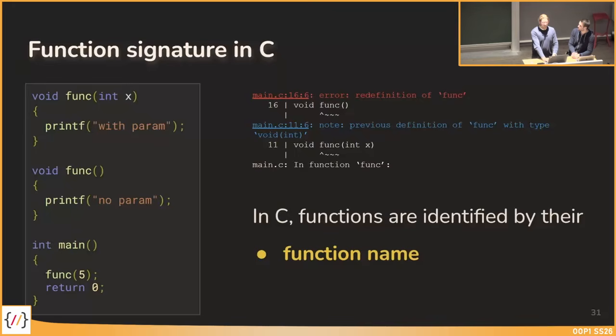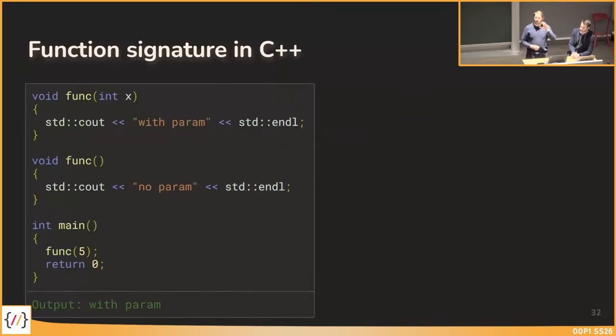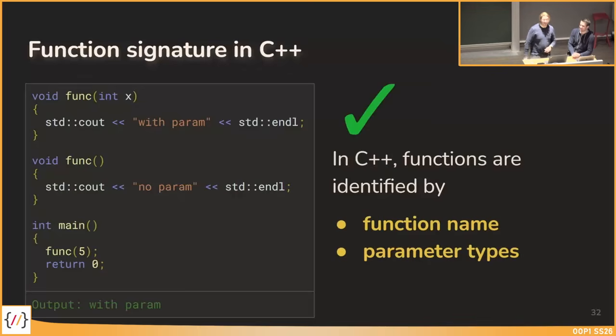If we now want to do the same thing in C++, so having 2 functions, one with 1 parameter, one without a parameter, do you think this will work in C++? Yes. No, it will not work. Yes, it will work. It will work. Maybe you've spotted the output already. Okay, yeah. That's true. Yeah, in C++ this works,